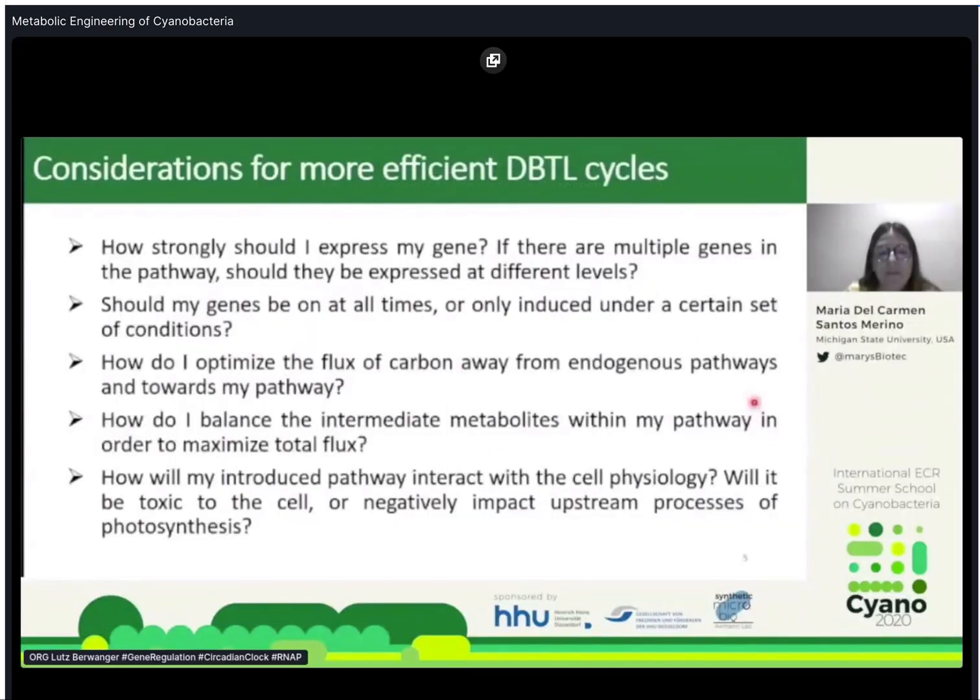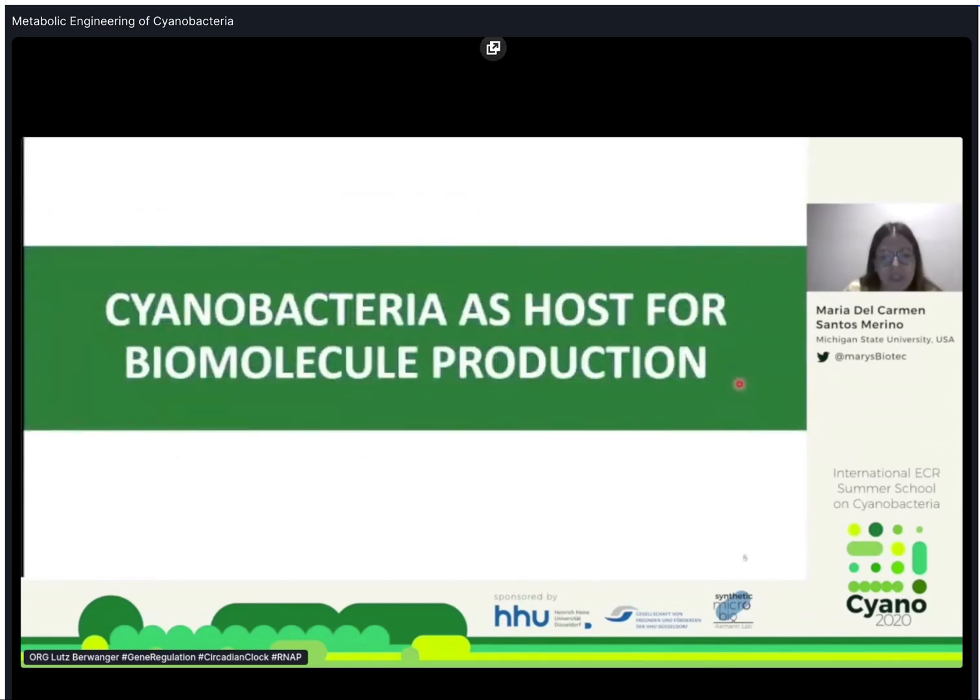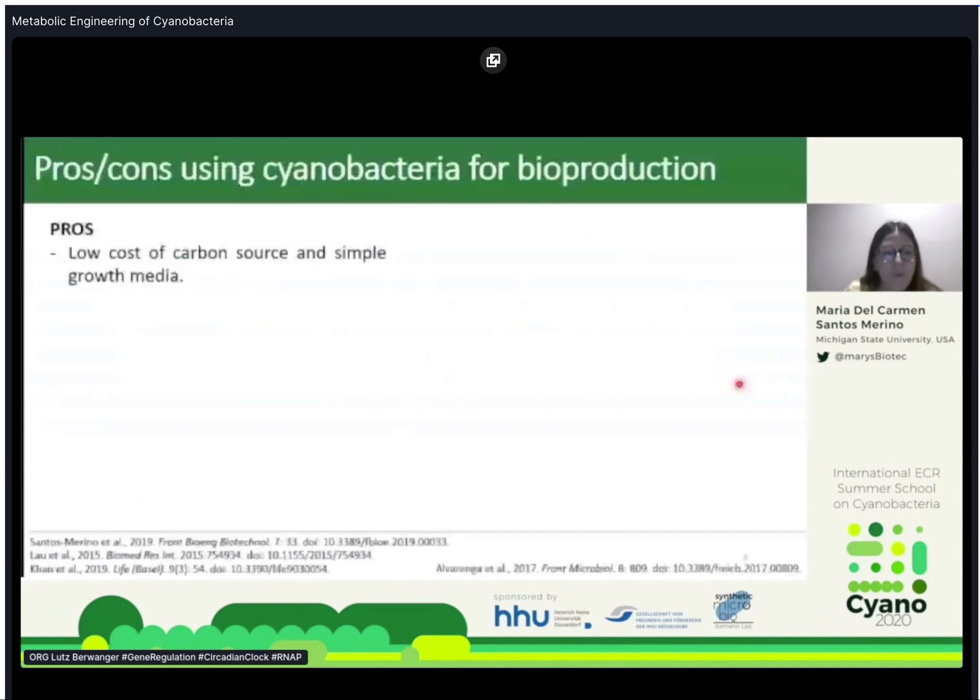In this presentation, we're going to have different responses depending on the compound that we want to produce. Here, we are focusing on cyanobacteria as hosts. We are going to describe what are the advantages and disadvantages of using these microorganisms for bioproduction. Cyanobacteria offer some advantages compared with heterotrophic organisms such as E. coli or yeast,